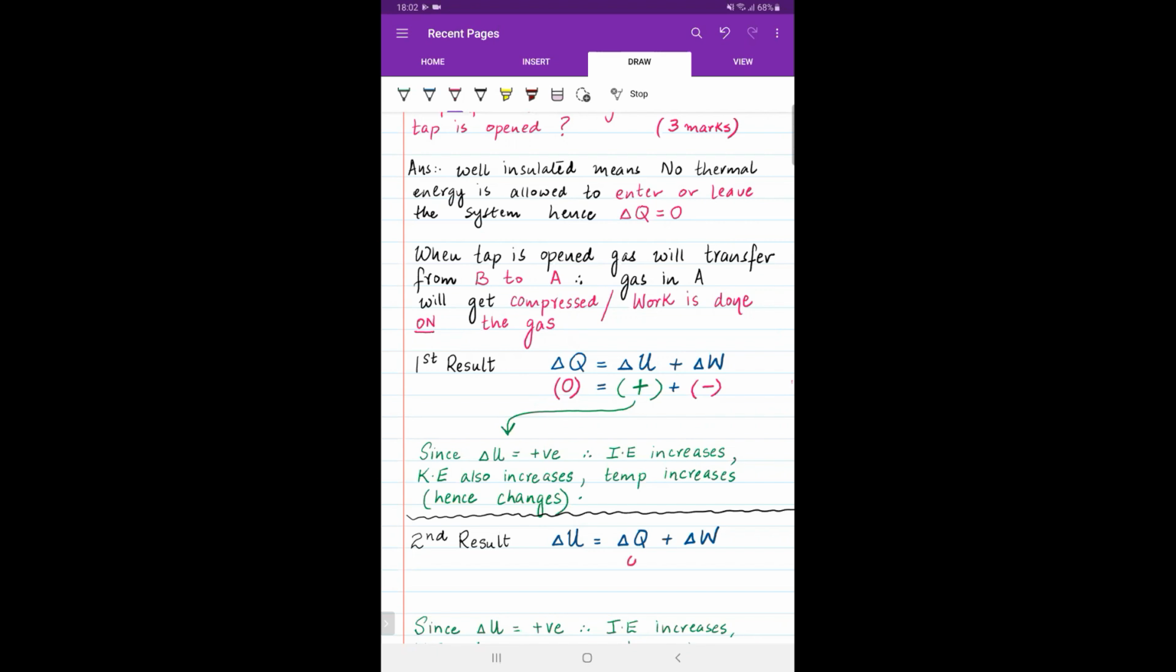Then again, delta Q will be 0. This time, delta W will be written down as a positive function. It's a Y positive. So your answer should be that in this equation, delta W signifies work done on the gas. And in reality, the gas is undergoing compression, which is why this function must be treated with a positive sign. And then if you try to balance it out,